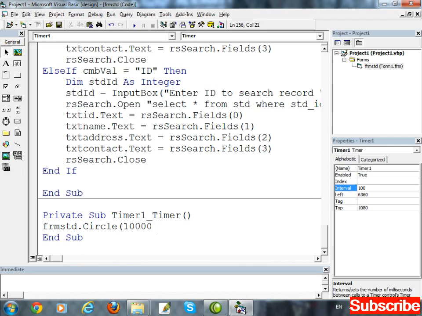Start. For circle we are providing two values, two parameters inside the bracket. So 10,000 multiplied by RND function. We have studied the RND function. Generates a random value. Then comma, again 10,000 multiplied by RND function. Close bracket. Close bracket. Now again insert a comma and here enter value for radius like 500. Start project.